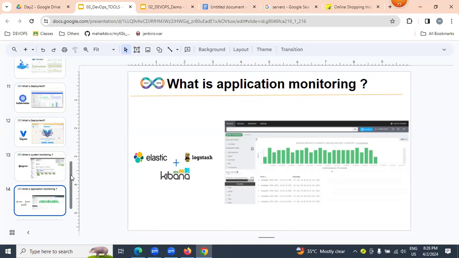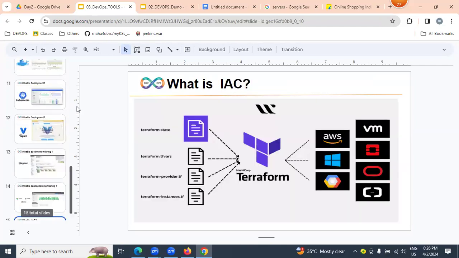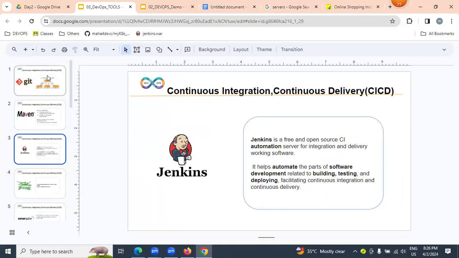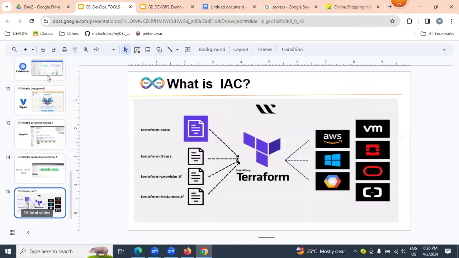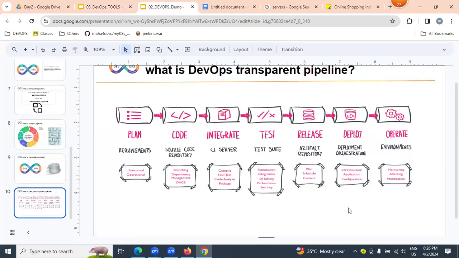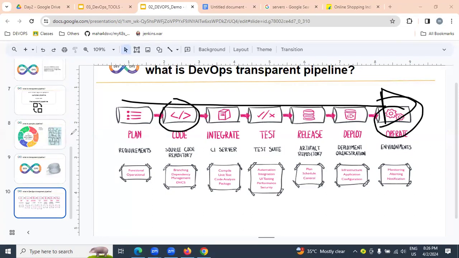And by using Terraform. So with the help of all these tools, we can implement an automated DevOps transparent pipeline from dev environment to operations.